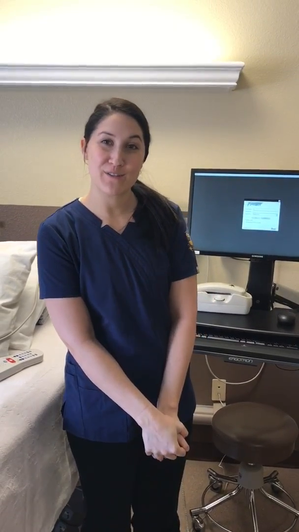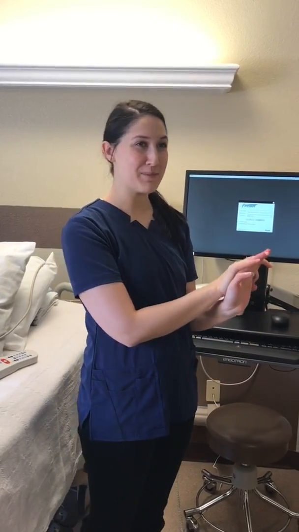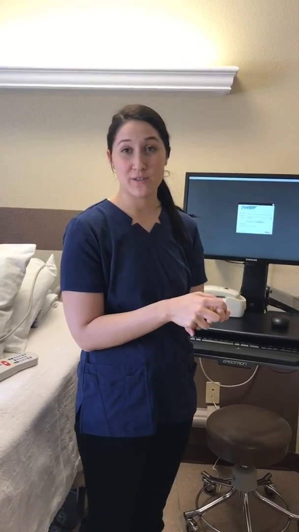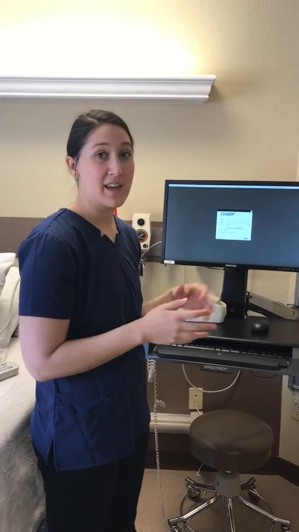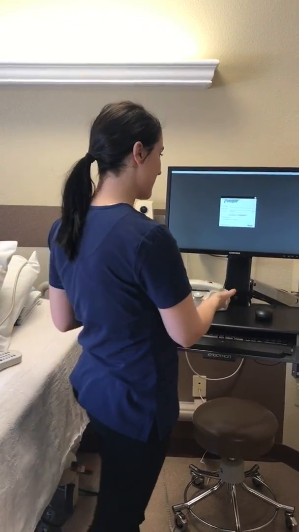Hello, I have an order from Dr. B today to draw up a PPD injection for a patient, Bob, we have in room 115 for a TB test. The first thing I'm going to do is go into the med room and check